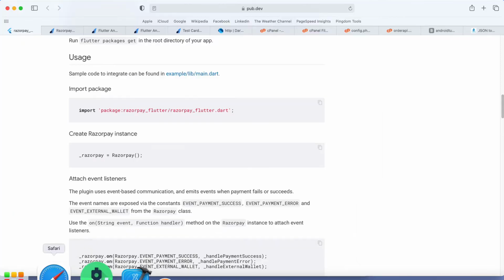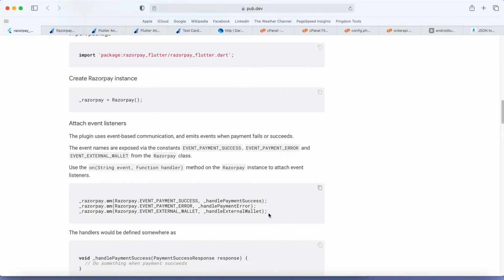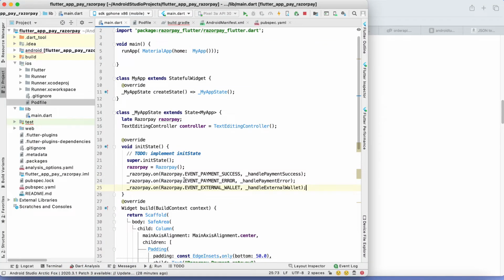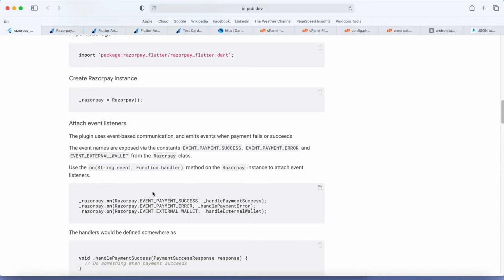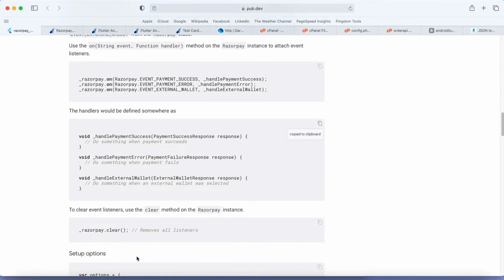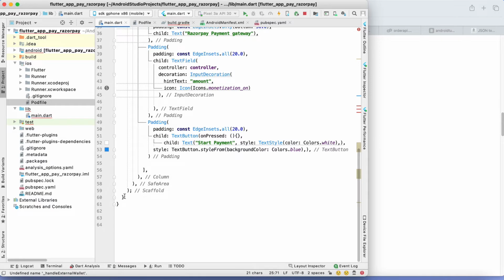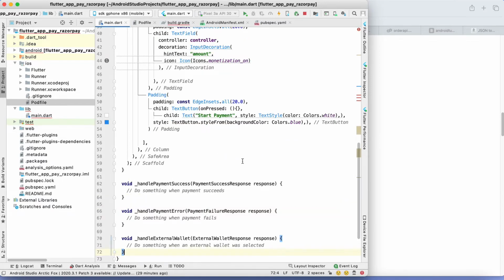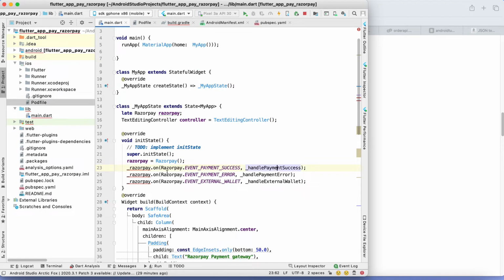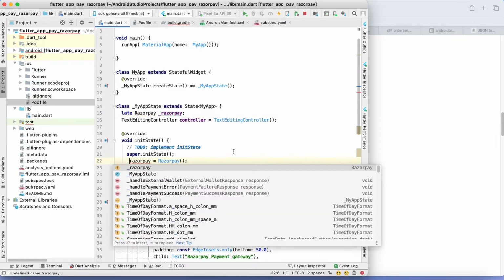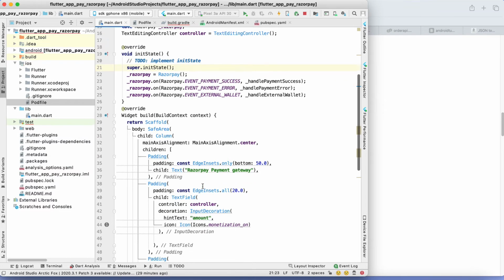Now if you see, we need to add this. The functions are there actually: successful, error, and wallet. So just copy this code and paste. Now it is good, and the object name is underscore razor, so make it underscore. That will be good. Now everything is correct.